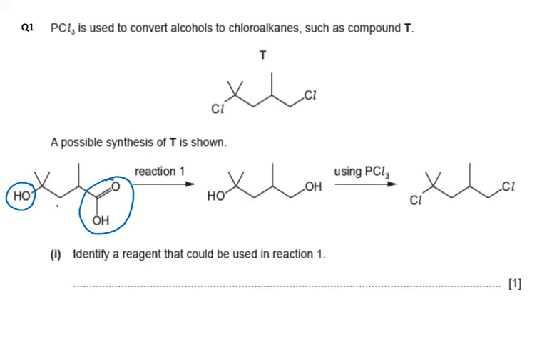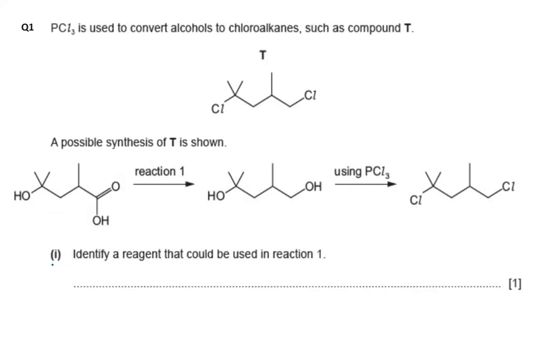You can see that there is a change in this functional group, which has changed to a chloro functional group, and the alcohol group is also changed to a chloro compound. This is a carboxylic acid, and this part is an alcohol, which is changed to a halogenoalkane in compound T. You can observe that there is no other change in the remaining part of the compound. So just forget those parts and concentrate only on these two functional groups.